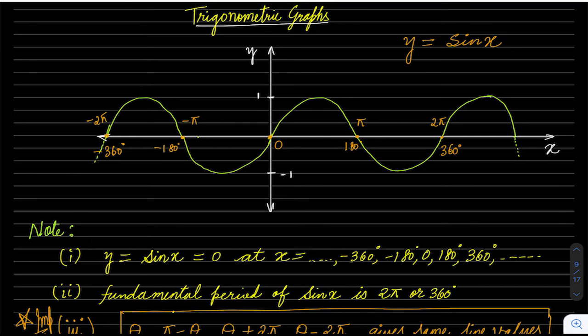So y equal to sin x. The graph starts from the origin 0, 0 and then it moves to 1, that is the highest value of sine, when the angle is 90 degrees, or you can say pi by 2. And at pi, 180, it's 0 and it goes on like this. So this is a basic general sine graph that you have to remember.